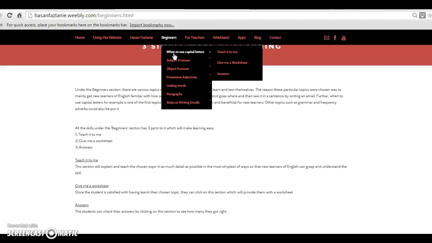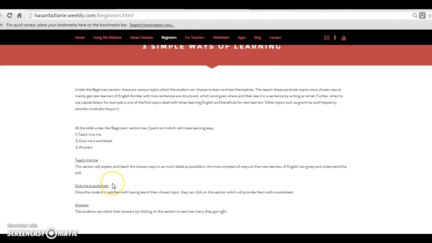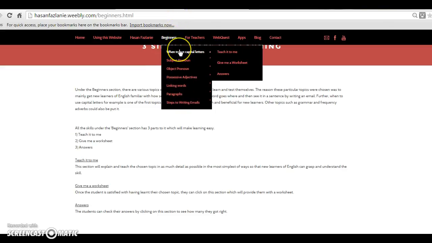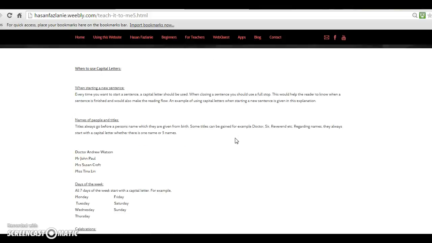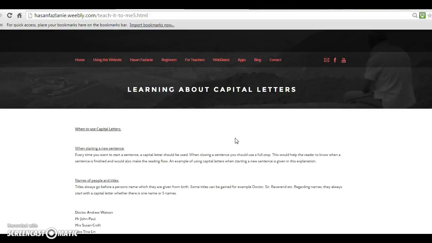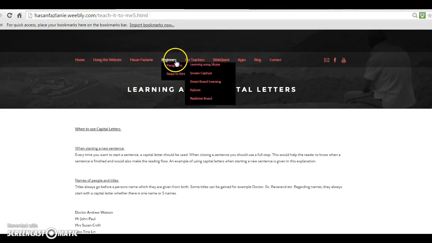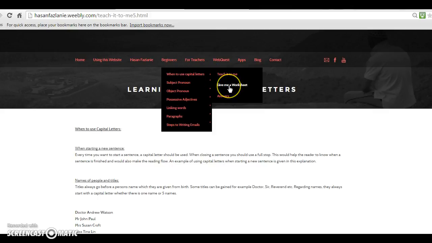So for example, if I wanted to learn about capital letters, I can go onto the tab, it'll open up to 3 more tabs: teach it to me, give me a worksheet, and answers. And this basically page explains to me what each of these does. So go on to beginners and to use capital letters, teach it to me, and the page will come up of when I should use capital letters. Now once I feel that I've actually learnt capital letters, I can go back onto it, beginners, when to use capital letters, and then I can ask for it to give me a worksheet, which I will do now,